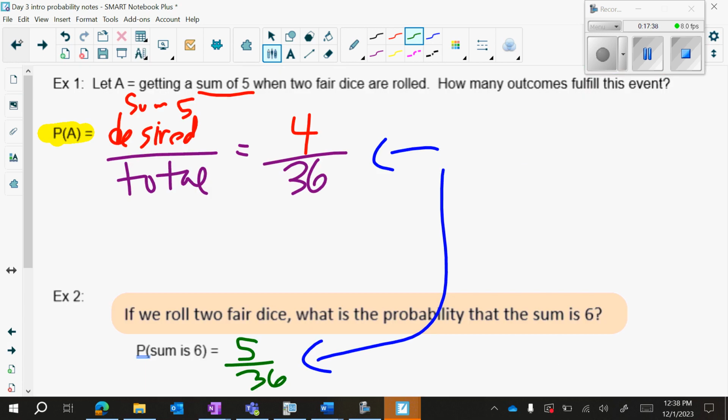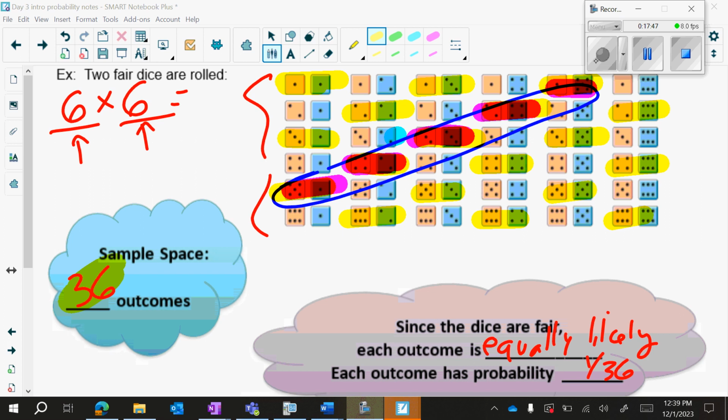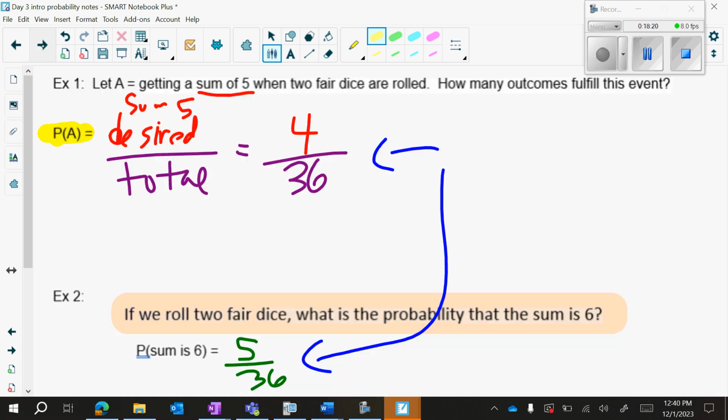So what do I mean by that? Going back to my picture, I'm just going to erase the 5s. I'm just going to stick with the 6s, right? Okay. So I don't know if you guys can see this, but I highlighted all the even numbered sums, and they're all yellow, and it's every other one. And it turns out there's half of these 36, which is 18 even numbered sums, okay? Because of half, right? But then if you look down the diagonal at what I circled, those were all getting a 6. There's 1, 2, 3, 4, 5 ways to get a 6, right? So there are sums that are even that are also a sum of a 6, so you can both be even and be a sum of a 6.